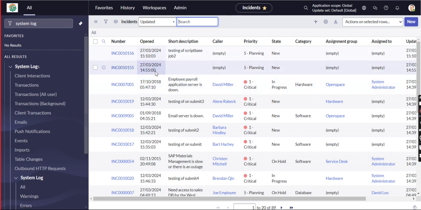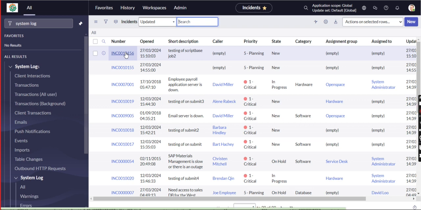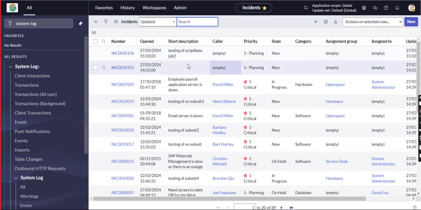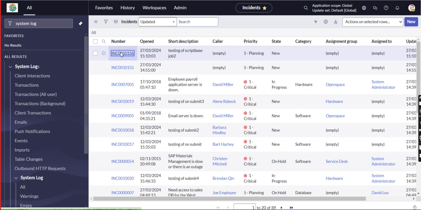So just have a look here. Yes, so that is the testing of script based job 2 has occurred. Okay, so the short description is there. So just have a look here.